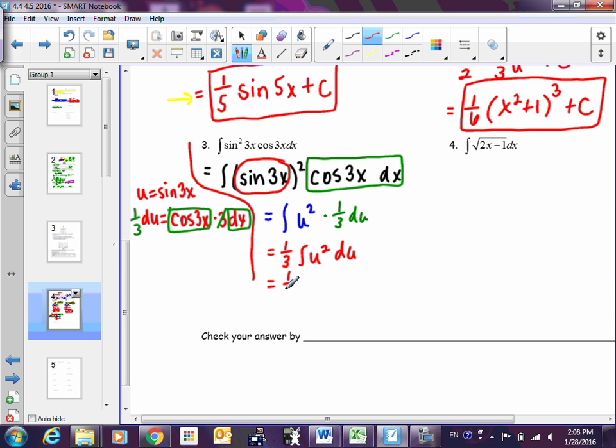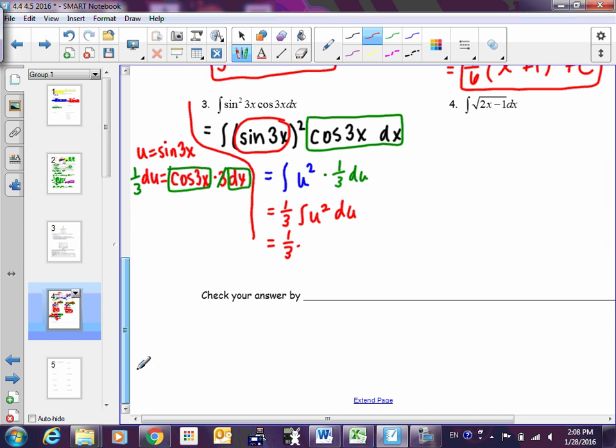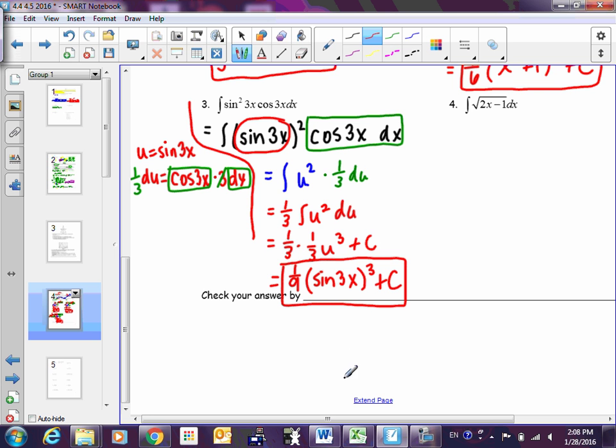Okay. What is the antiderivative of u squared? 1/3 u cubed plus c. So then the answer would be 1/9. And then in place of u, just go right up here and look at what you said that was supposed to be sine 3x and then plus c. And then you can easily check this by deriving. I'm not going to do that right now, but